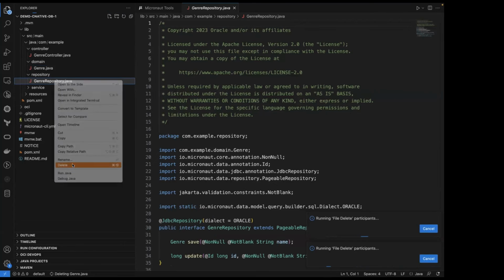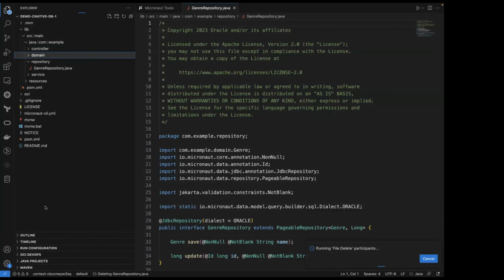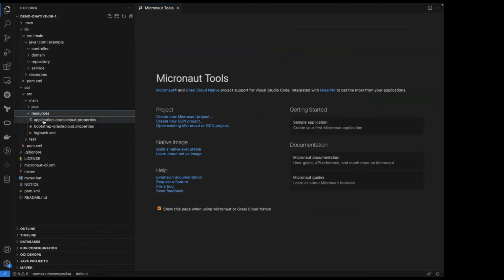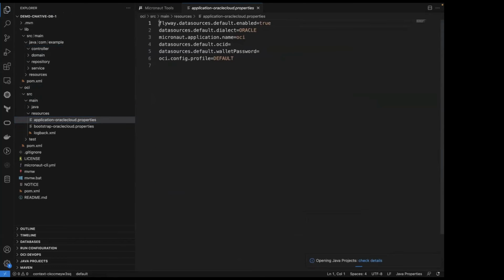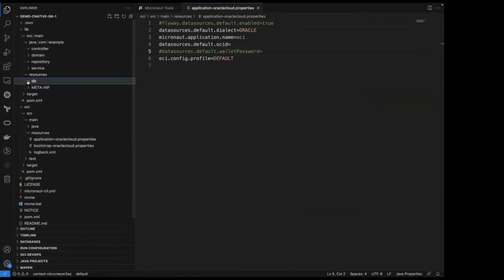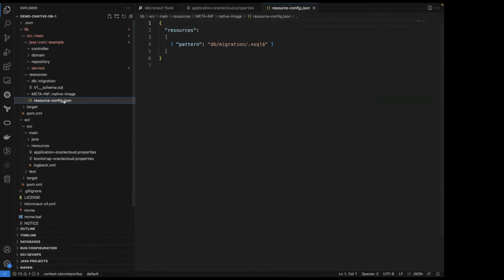So I've removed the original sample code, it's taking its time, it's scanning, I think. And then I have to make a few small configuration changes because we don't want to support Flyway. And I think I also in here need to remove this.